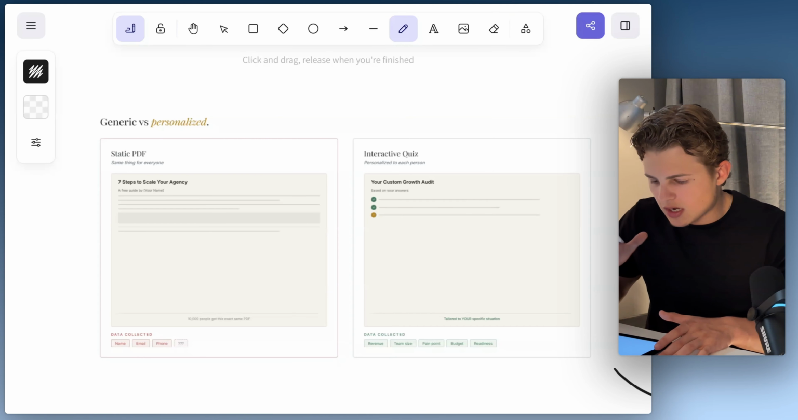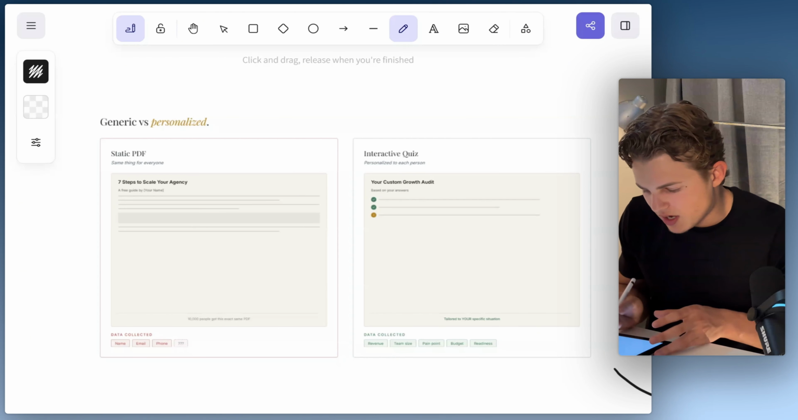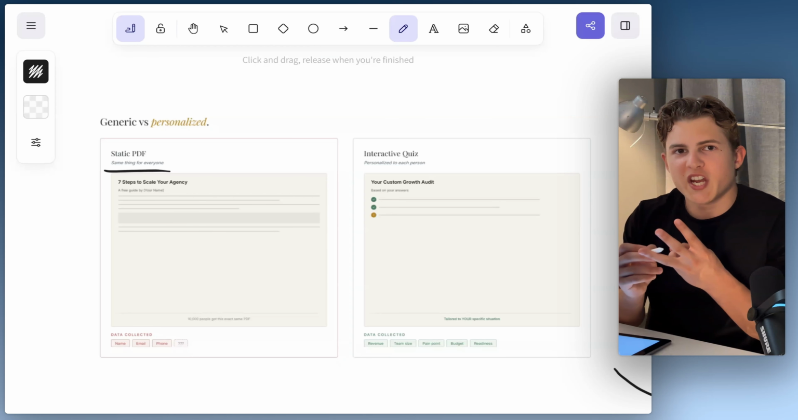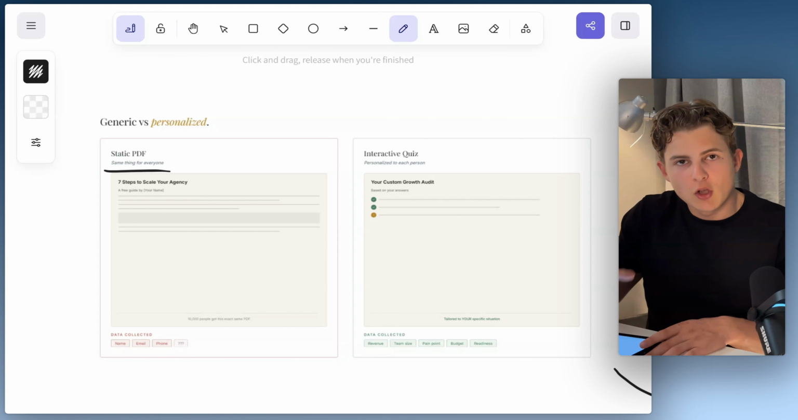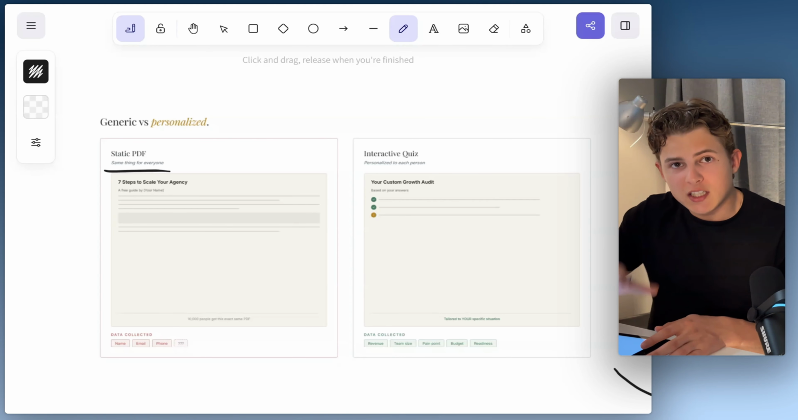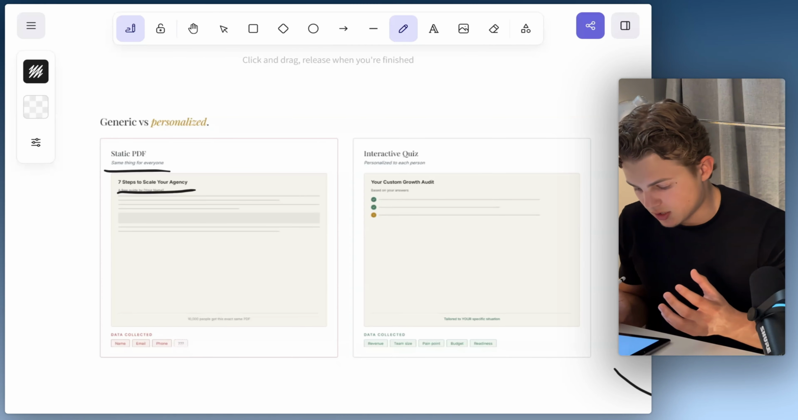So now we get to the lead magnet, which is the most important part. And the standard approach here is to offer a PDF, to offer an ebook, to offer a guide or a checklist, but they are all generic. The problem is that the same thing goes to everyone. Everyone gets the same PDF, the same guide, the same ebook. And this is what most people do. An example could be 7 steps to scale your agency. But again, the problem is that